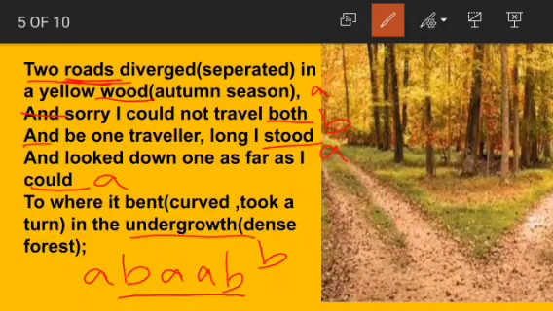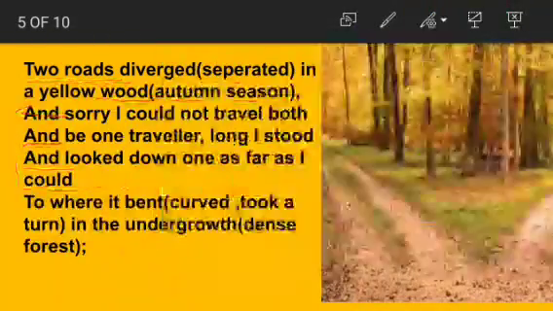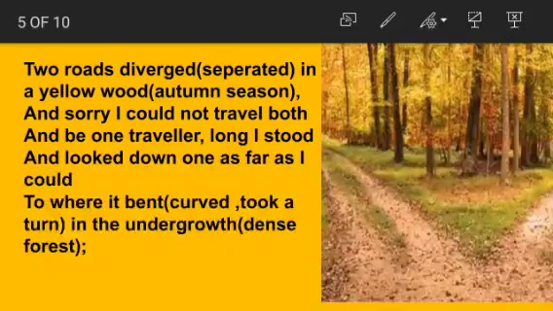Next, we can see anaphora. Anaphora is when you begin consecutive sentences with the same words. Now here, lines 2, 3 and 4 begin with "and". So it becomes anaphora. I hope you have understood this stanza, and the explanation of this stanza is given in